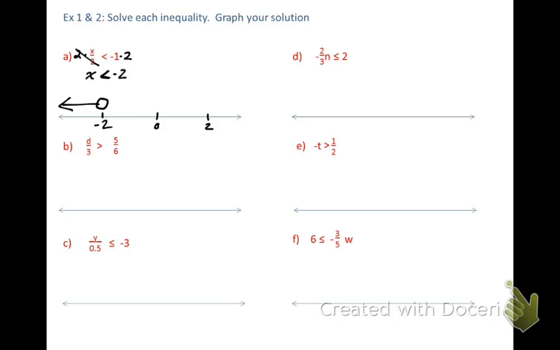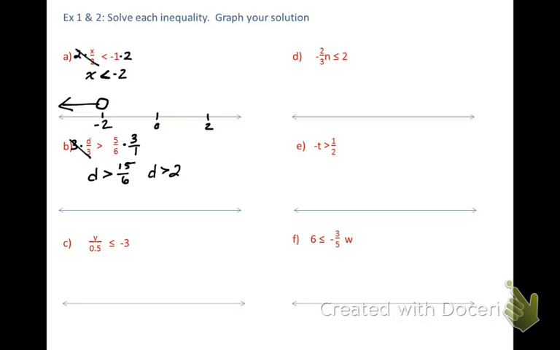B, I have 3 dividing D, so I need to multiply by 3 to both sides. Oh, this time I'm multiplying by a fraction, so I'm going to make it 3 over 1 because it's multiplied by 3. And then I have D is greater than, because I didn't multiply by a negative, it's going to be 15 over 6, which also can be, D is greater than 2,